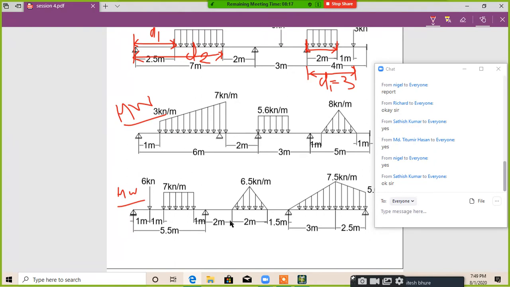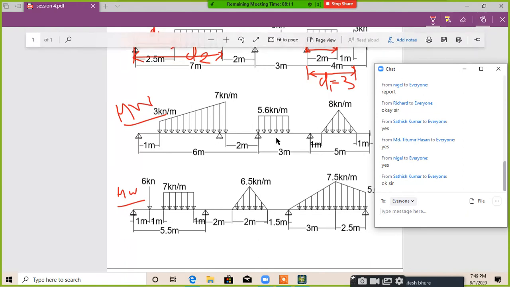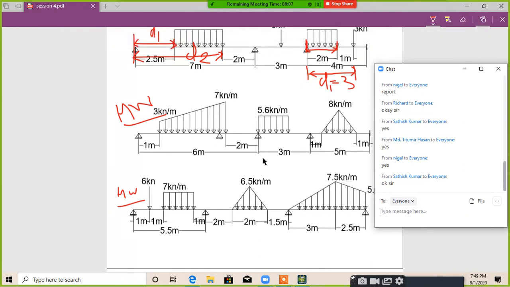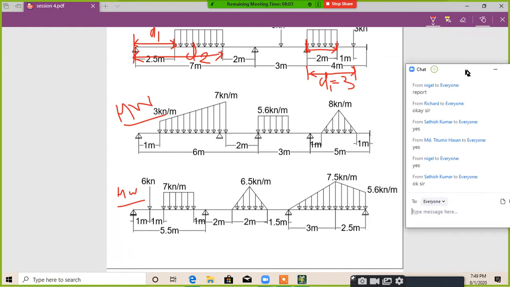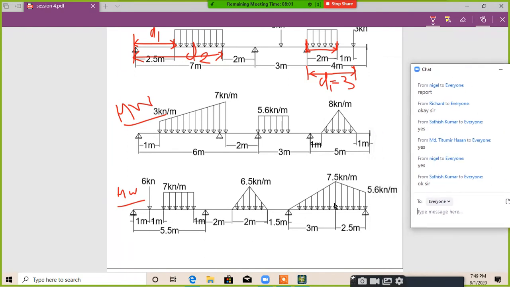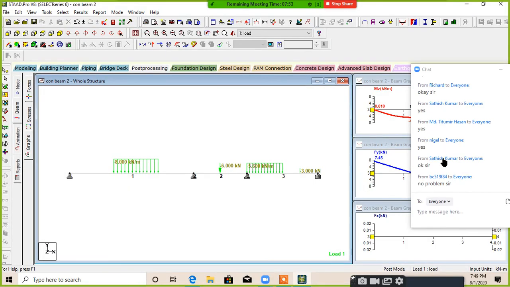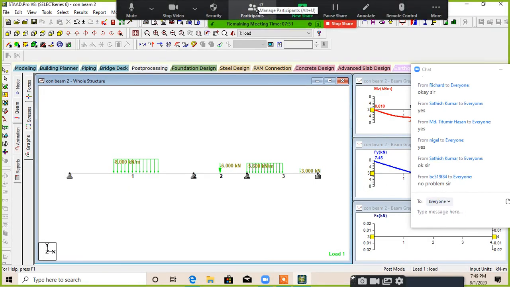Okay, now you can ask any query or any doubt if you have. Just take a screenshot of both problems. Yes, you can.